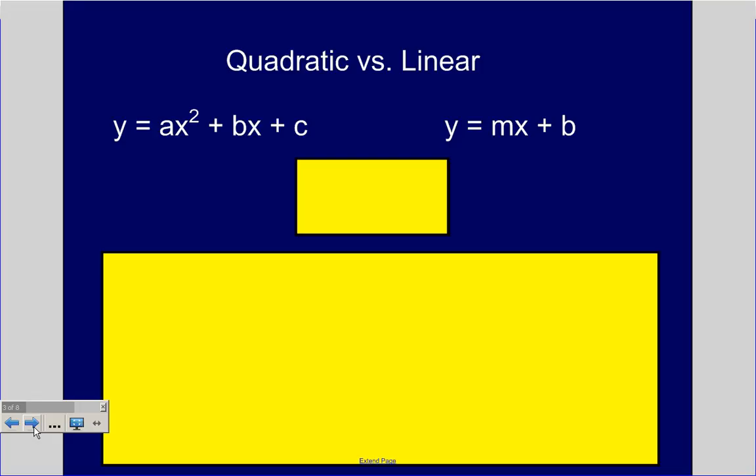Linear is y equals mx plus b. And as we just said, quadratic is ax squared plus bx plus c. The biggest difference you should notice right off is that a linear has just an x and a quadratic has an x squared. Doesn't seem like that big a deal, but if you were to think about this x, if